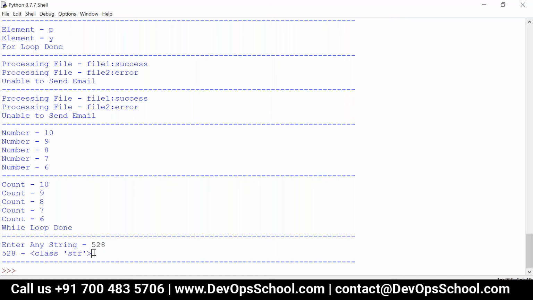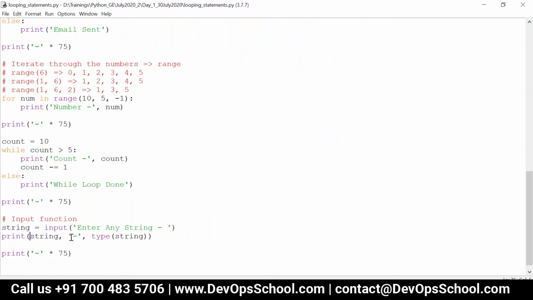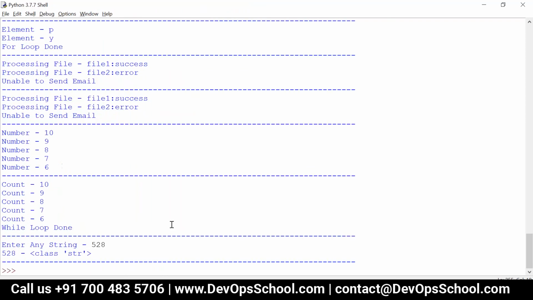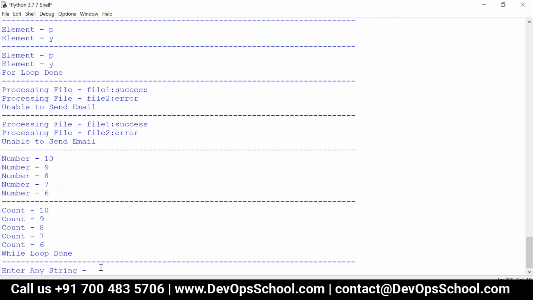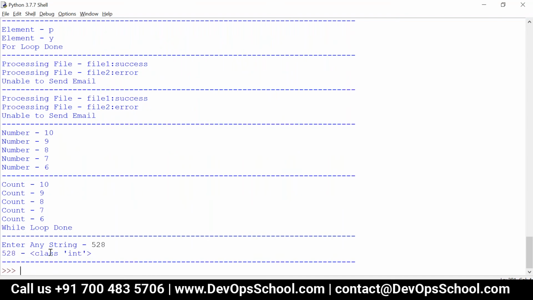Okay, in the form of string. So in this case, you can just typecast it directly. That is, if you want to get some number, you can just typecast it directly, like int of input. But the problem here is, the user can enter any characters. We can't tell the user that you should enter only numbers. So if they enter a number, then no issues. It will be successfully typecasted to integer.